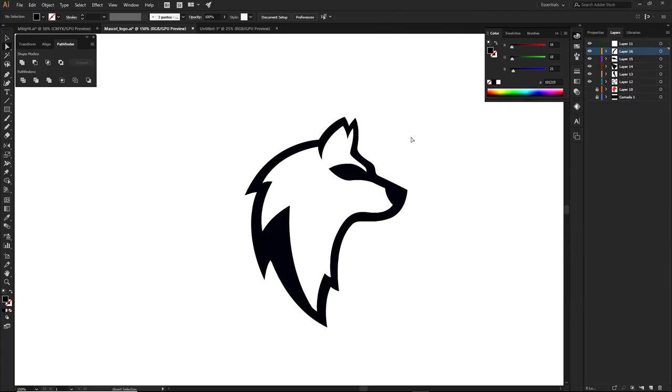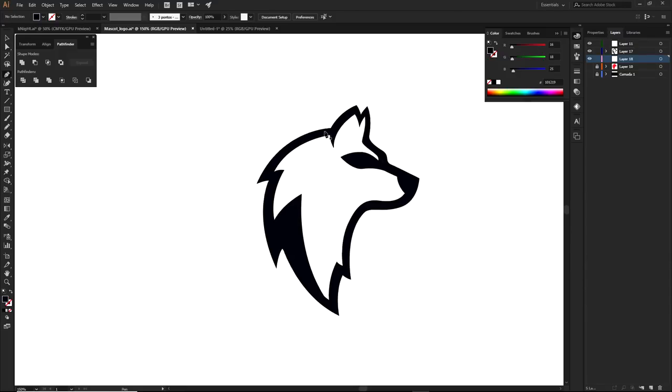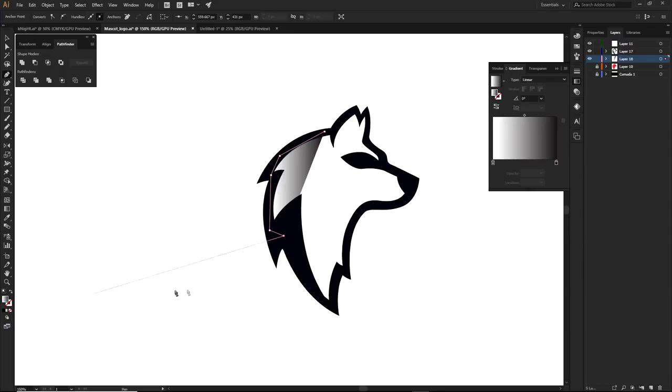And what I would do now is fill it all in. I would make a new layer, take all these layers right here, throw them inside this layer, and make a new layer just like so. What would go behind this would be the actual color that you want for your, what is this? Like a wolf, right? Yeah, it's definitely a wolf. So I'm going to do something like so,